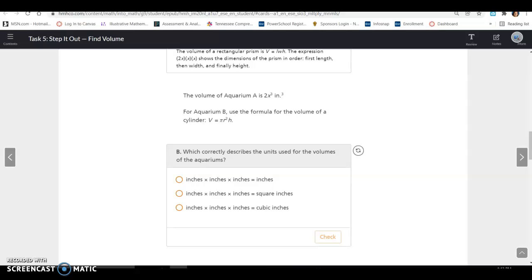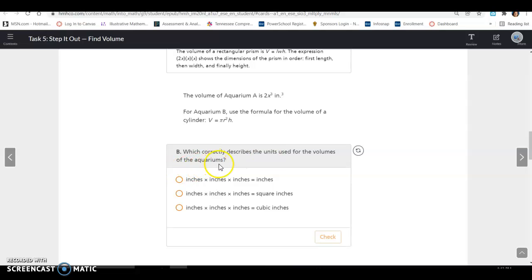For aquarium B, use the formula for the volume of a cylinder. That formula is volume equals pi r squared times h. H is your height, r is your radius. All right, so volume of a cylinder, pi r squared h, which correctly describes the units used for the volumes